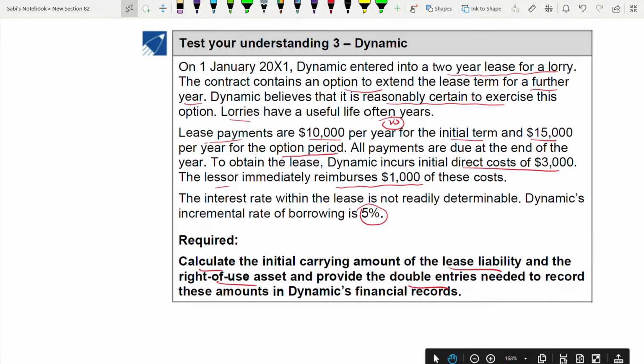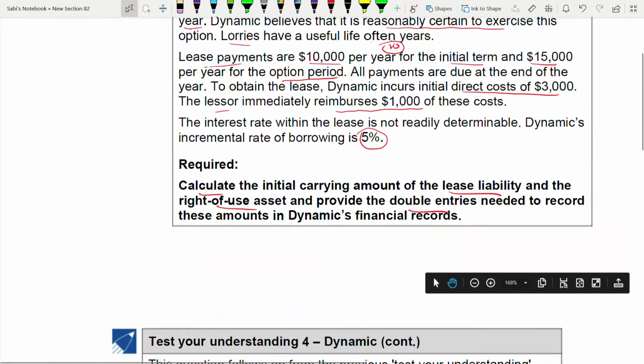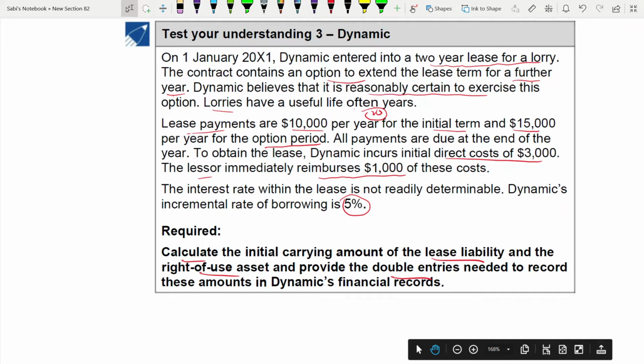If you understood this question of calculating lease liability and right of use asset, you understood everything. You understood the whole IFRS 16, I would say. At least 70% you have understood. Then you have nothing to worry about, because that's the difficult part. So here,